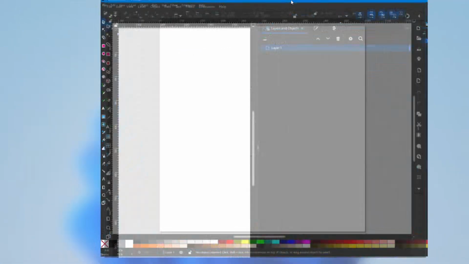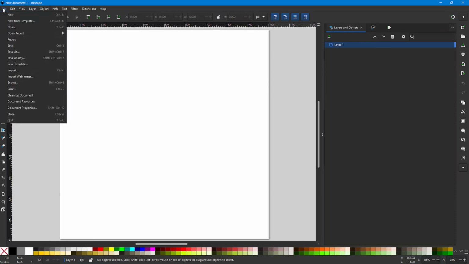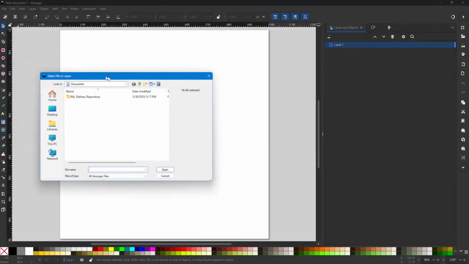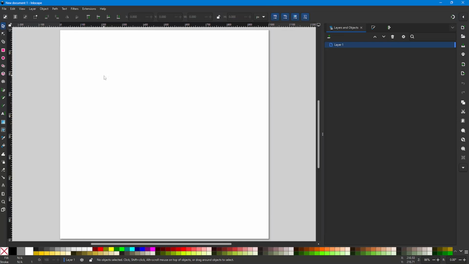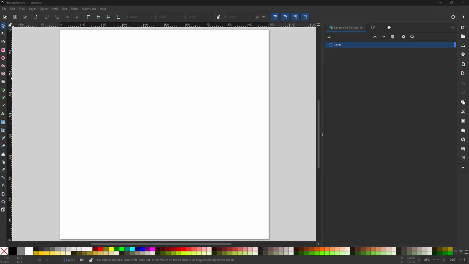and when it opens I'm going to put it on screen so that we can see it. And you basically start with your document open and you want to import the image that you're going to use to fill the text with. And I have an image that I want, so I can come up here to File and click it and then click Open and then click through all of my files on my computer to find the one I need and bring it in. Or another way that you can do that is to just simply go to the